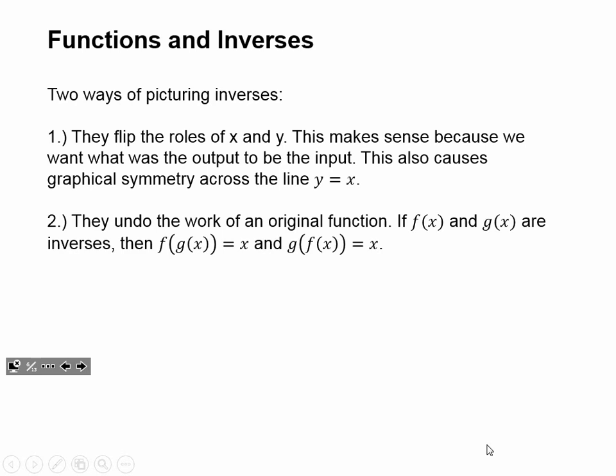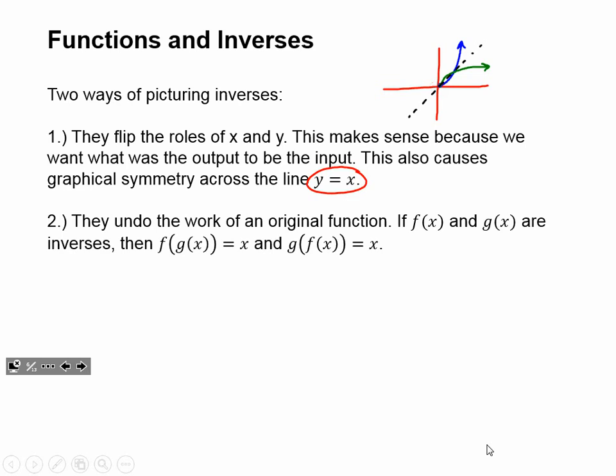What this causes, if we look at a graph of a function and its inverse on the same coordinate plane, is symmetry across the diagonal line y equals x. So let's go back to that half of a parabola. If I graphed its inverse and I did the work the right way to find the inverse, I should see that inverse and the original function perfectly symmetrical across that diagonal line y equals x. And that makes sense because if we're flipping the roles of x and y, then we should see them reflecting across the place where they're equal.